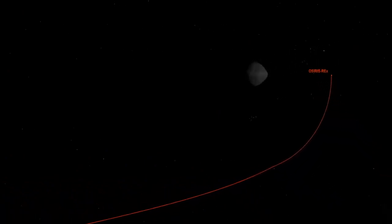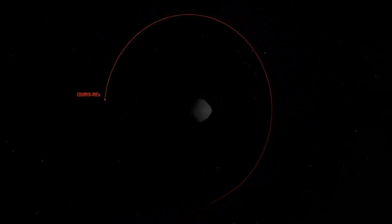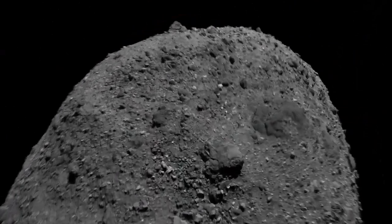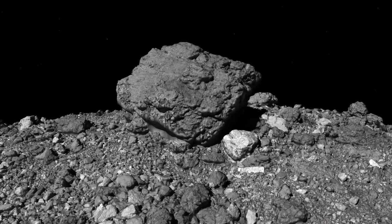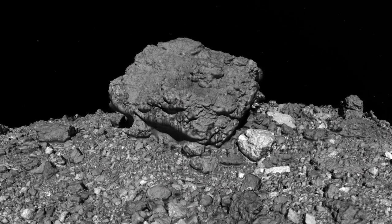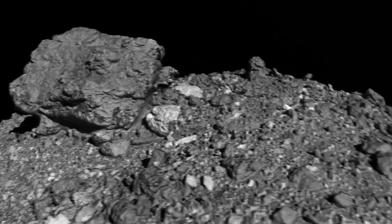As we were first approaching Asteroid Bennu in that fall of 2018, in the December timeframe when we arrived, we could already clearly see there were a couple of interesting areas that, to be clear, none of the places looked smooth, but there were some areas that were a little bit smoother that we could actually see with our eyes just from that visual observation. But then we had to really study them in detail and quantitatively look at, is this possible to deliver the spacecraft? Is this going to be safe for the spacecraft? And are the particles